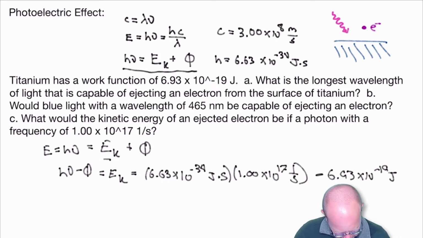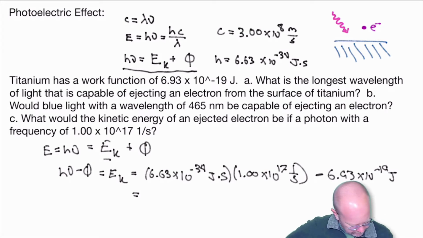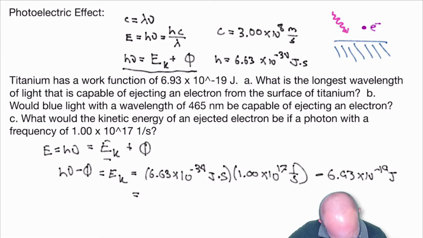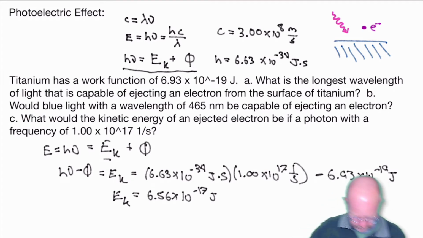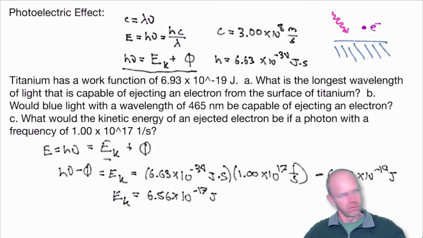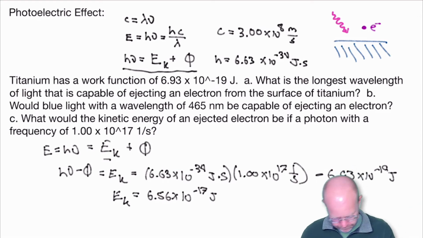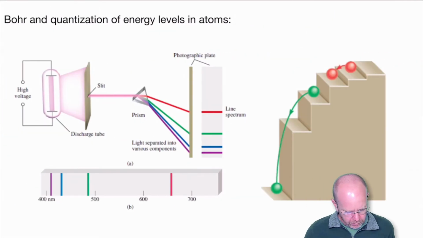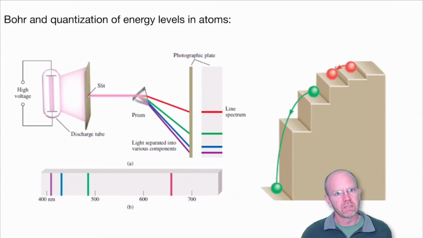So when I plug this into my calculator, let's see what we get. We get 6.56 times 10 to the minus 17th joules equals the kinetic energy of an electron that is ejected by that frequency of light. Okay, so there we are. We expect a pretty small energy because we're talking about the energy of a tiny, tiny particle that's ejected. So that's a pretty small energy, and so it makes sense. Good. So next, I want to talk about the quantization of energy levels